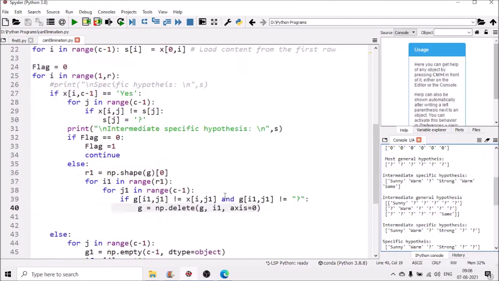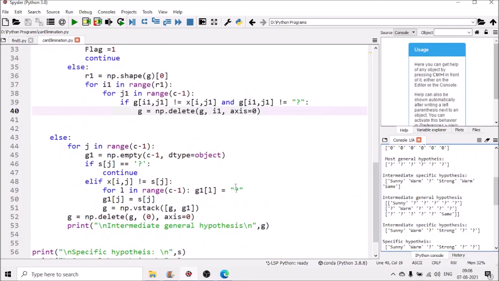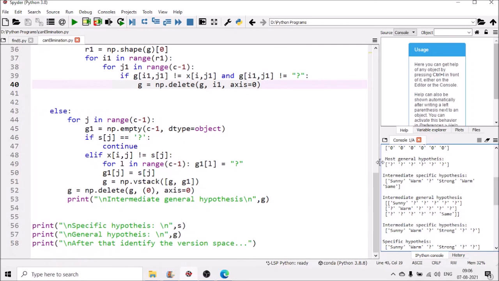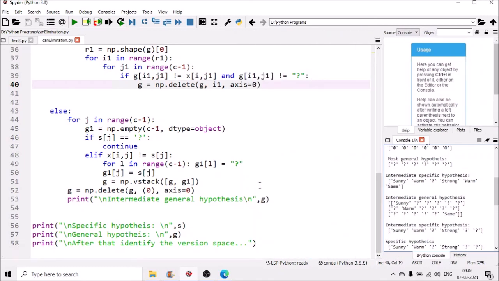You just download this and add those. Then with the updated algorithm and updated program, you can send the link so that others can see your program from GitHub. Are you getting this one? You just copy this particular algorithm or write your own algorithm. Here we identify the most specific and most general boundaries. The in-between intermediate hypotheses are not there. You just write your own program to identify the intermediate hypotheses, and in the description you put the link so that others can download it.